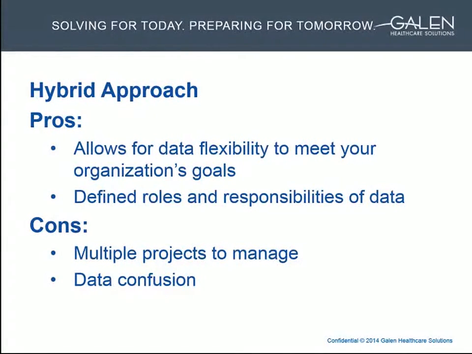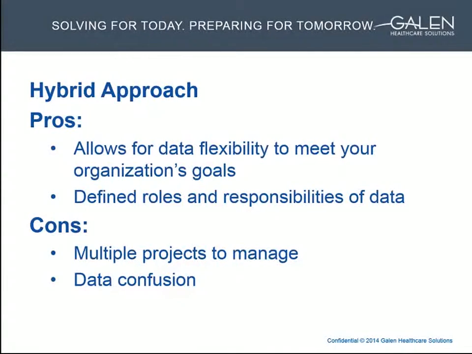Then the archiving will take care of your retention so that you can shut off your source EHR. You can also have a reduced licensing agreement as an option for your retention requirements. It gives you the options to make decisions based on what your organization wants to do and the costs associated with that. The cons of this approach are typically that there are multiple projects that you'll have to manage,